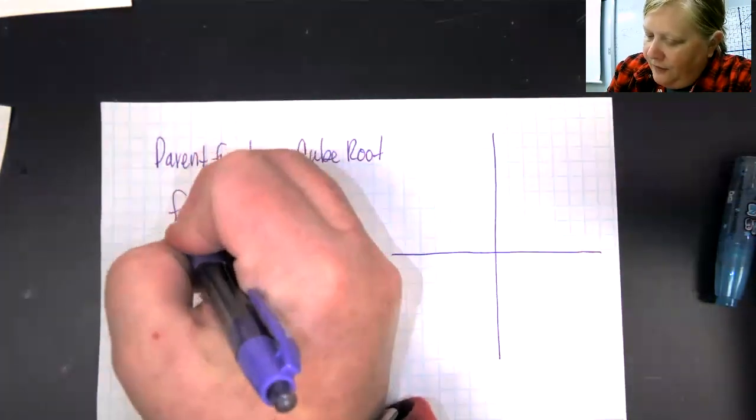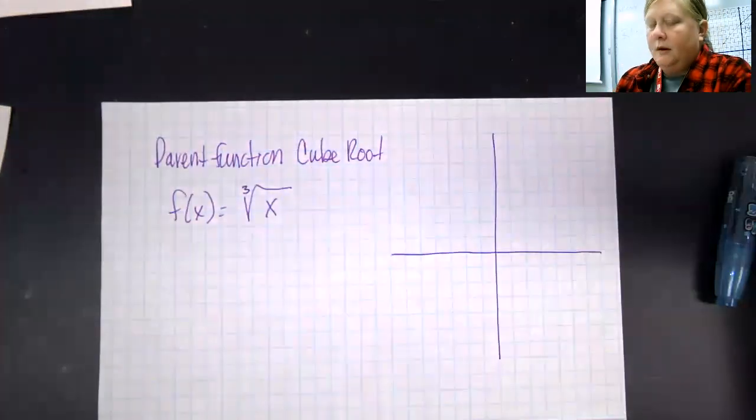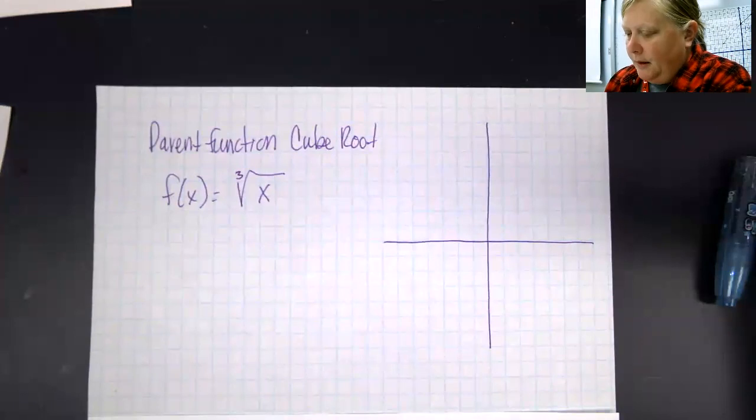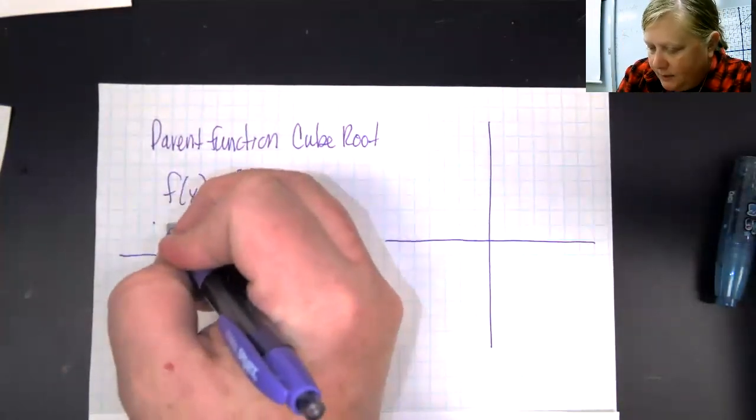All right, here we go. f of x is equal to the cube root of x, not x to the third, but the cube root of x. All right, so as far as points,